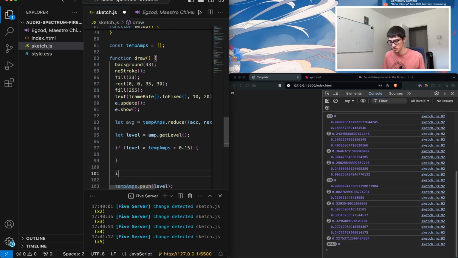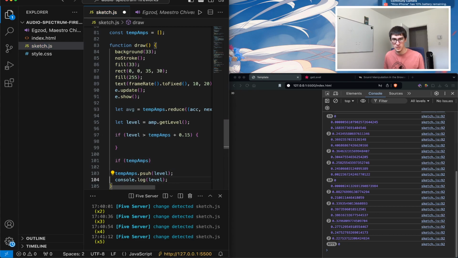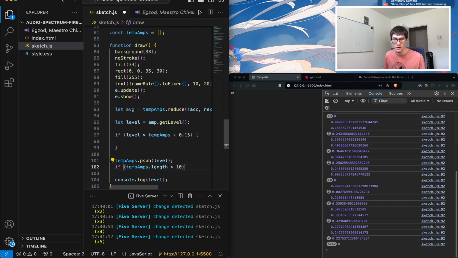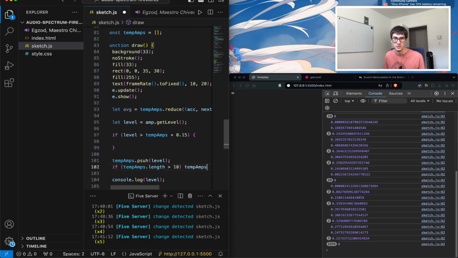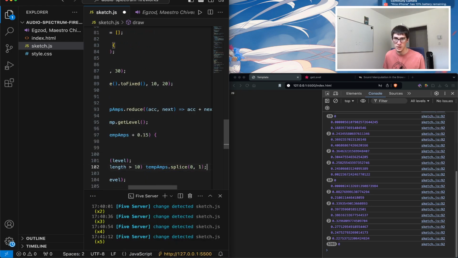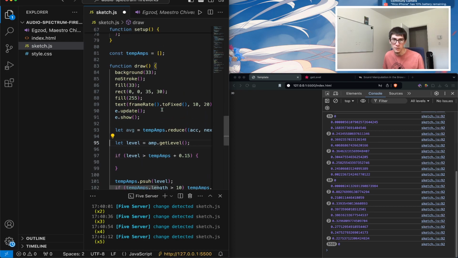And then let's do also if this, let's move this here, and let's do if, no, what are you doing? This is not. If length is greater than 10, then we'll do temps amp dot splice 0 1, index 0, delete 1 of it, and then in here I want to do